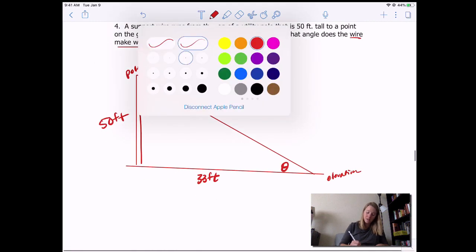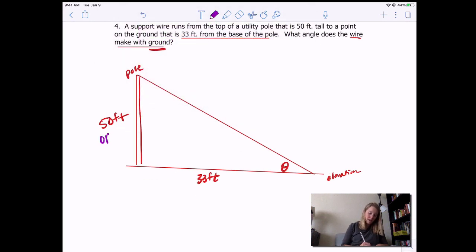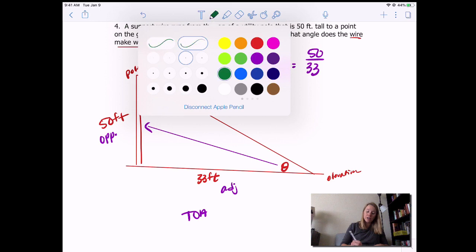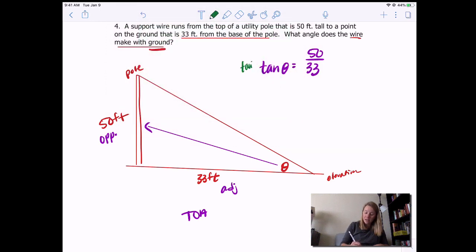All right. Again, think about what you have. So I have opposite from my reference angle. I have the adjacent. So I have TOA. We've dealt a lot with tangent for these word problems. So tangent of that angle is equal to the opposite, which is 50, over 33. Notice this time I'm trying to look for the angle. When you try to look for the angle, you're doing your inverse trig operations. So I want to undo tangent. So I take tan inverse